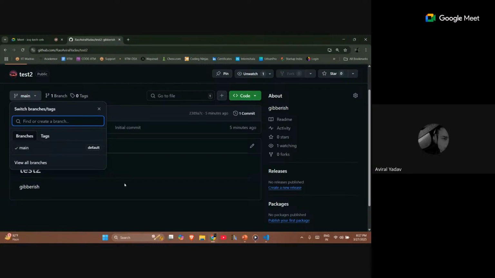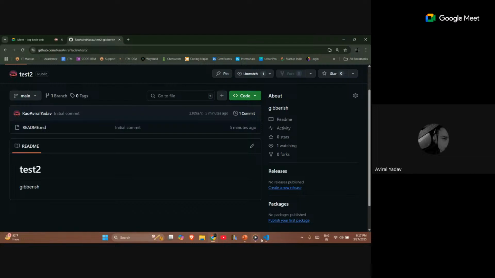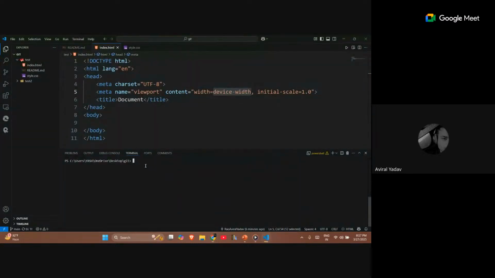It gets segregated into two different parts. Let me show you how it will be easier that way. Let's see how many branches I currently have. git branch. Oh, I haven't created a branch yet, so that was the issue that was coming there.